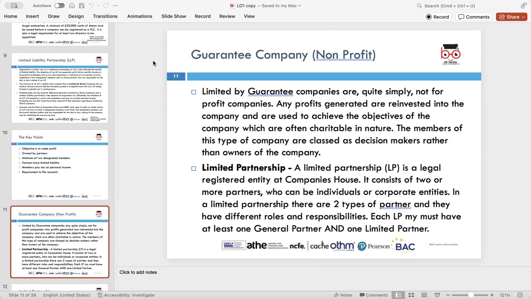A guarantee company. Any idea about guarantee companies? If anyone can tell me, if anyone is there. Okay, so in short,